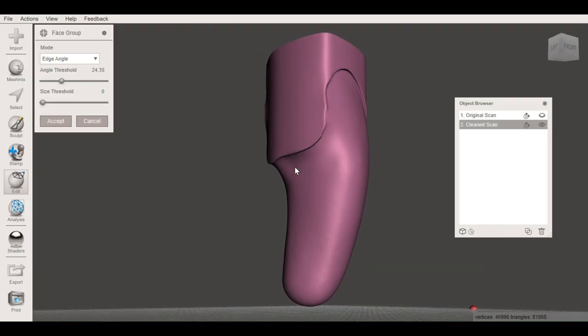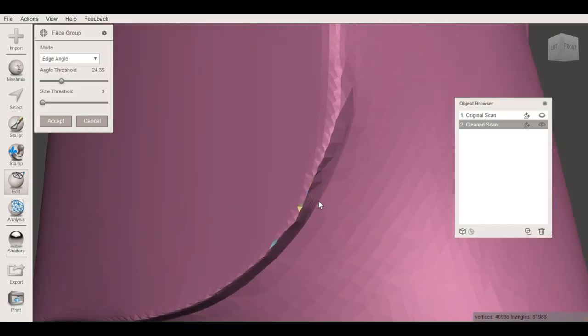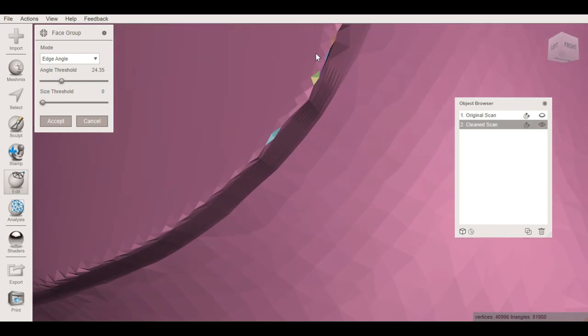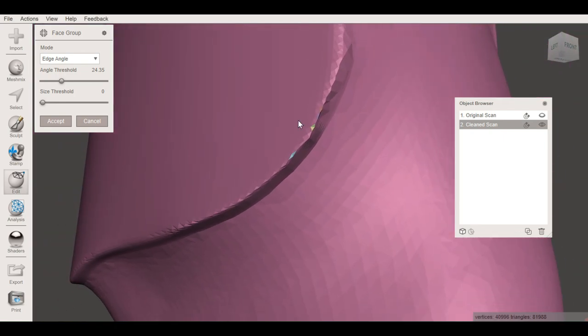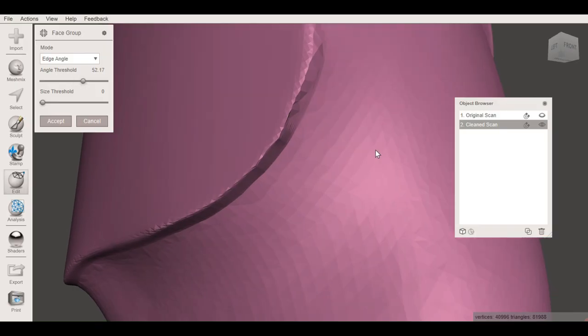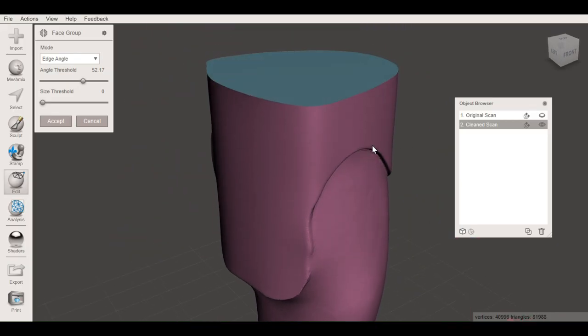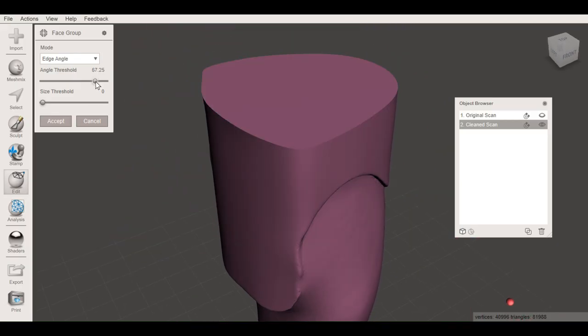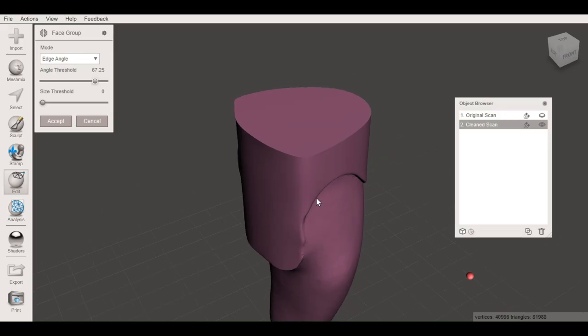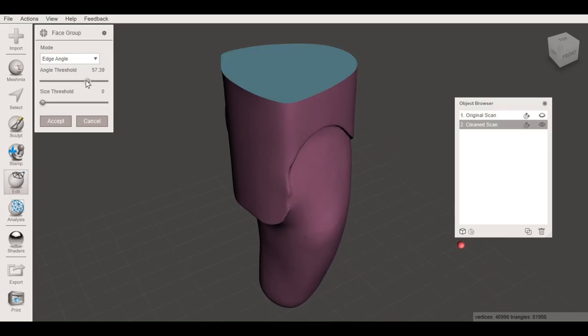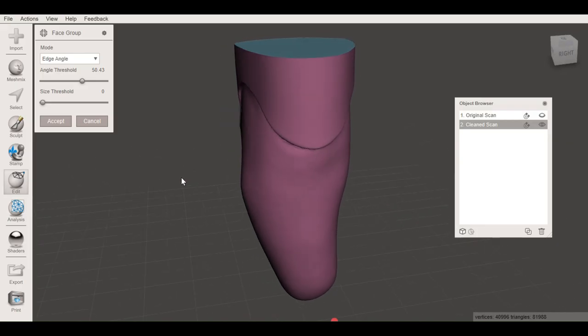You might find that with some of these you'll have very, very small triangles that you otherwise couldn't see. So if you continue to turn up the angle threshold, then you'll be able to capture some of those triangles. But we just don't want to go so far that there's one whole face group on the entire model. We do want the proximal end to be a different color, and that will be apparent later on in the